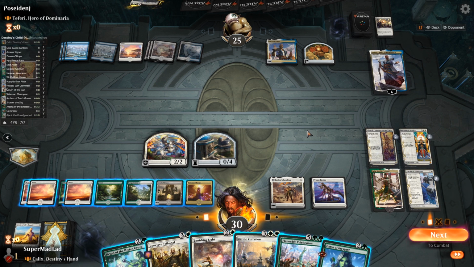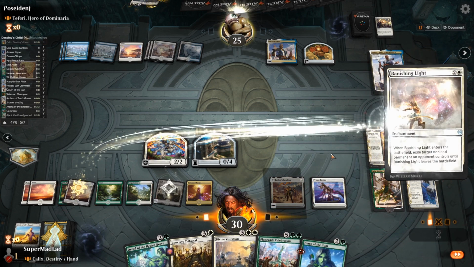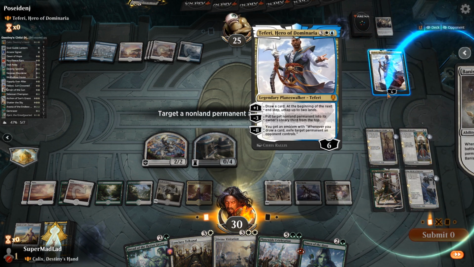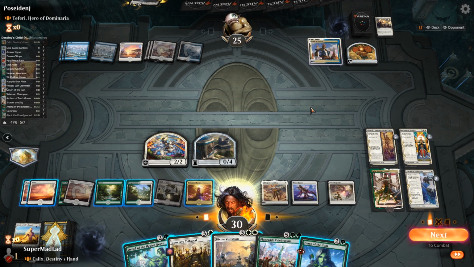What are we doing here? I guess we just have to go for, like, a Banishing Light onto Fairy. We've just got to keep him down. Can't attack him right now, so... yeah, if they've got more bounce, then so be it, but...